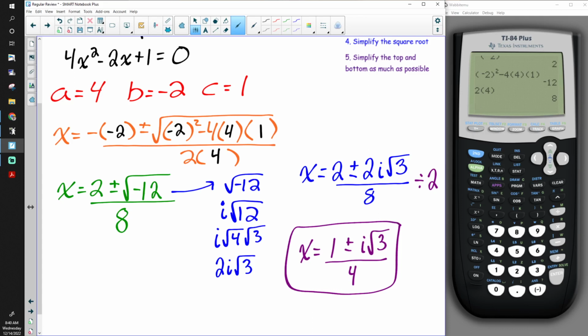And you're done. Okay, that's the quadratic formula. We did one with real solutions, one with imaginary. And that is exactly what you'll be doing on your quiz or midterm. Just remember one